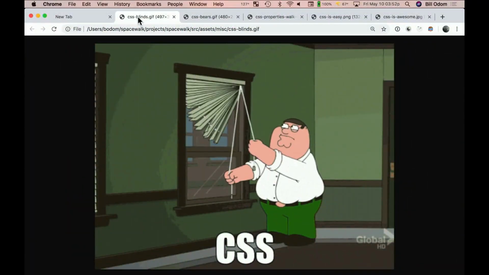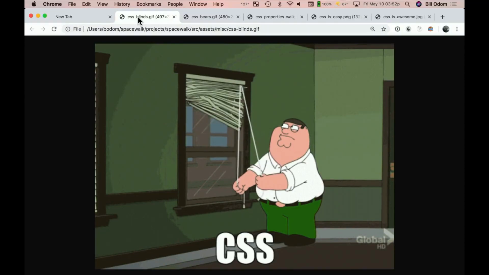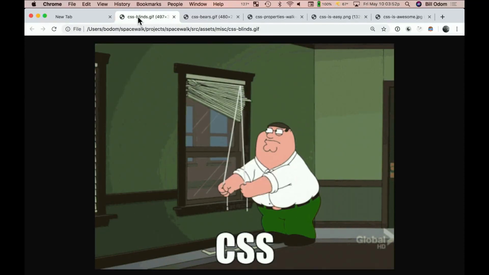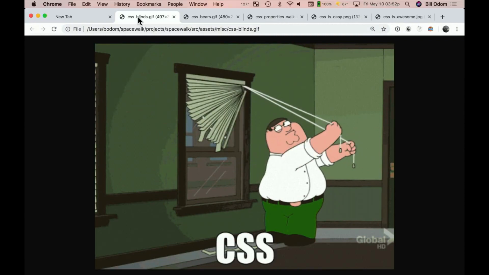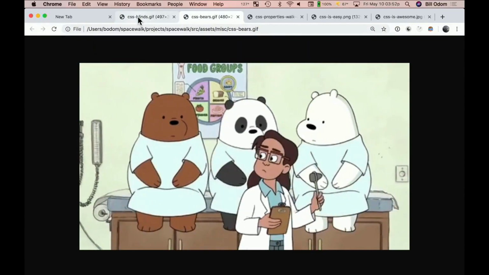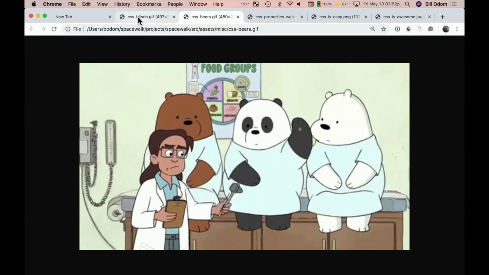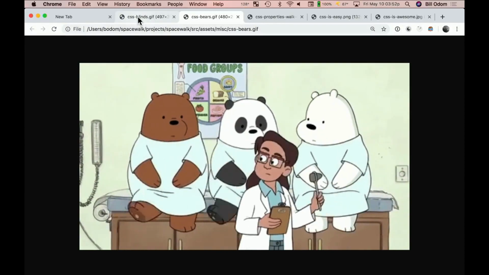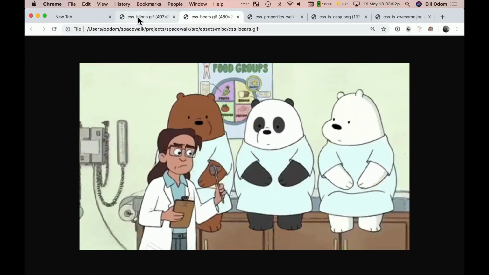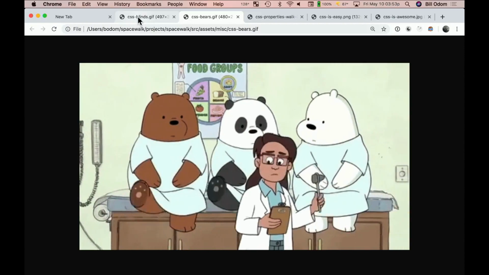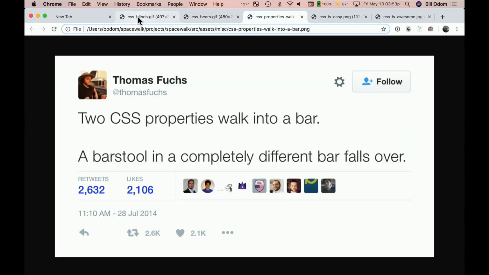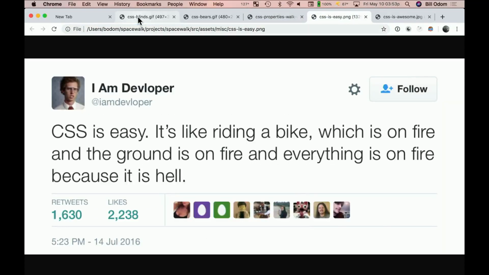This is probably the most popular CSS image on the web. But I have some others I like as well. This is my favorite CSS image on the web. Now, if you haven't done much CSS, you might be wondering, what is that supposed to mean? Well, here's what it's supposed to mean. And really, to sum up,